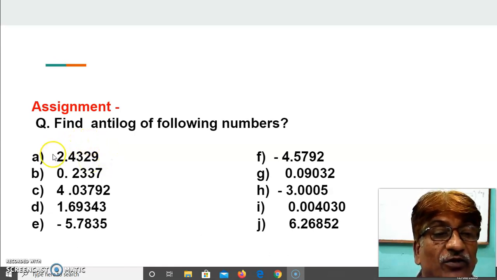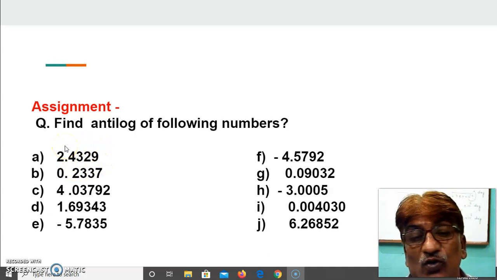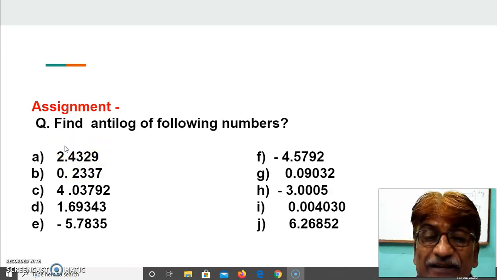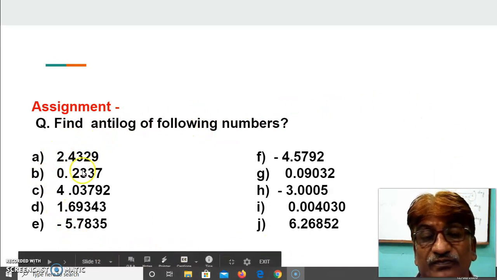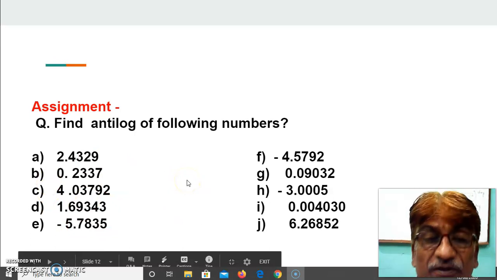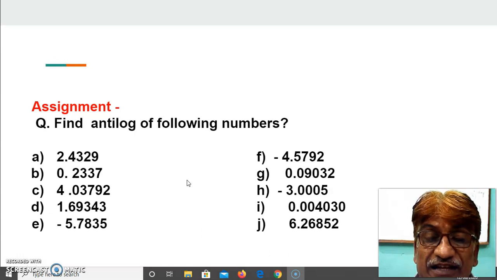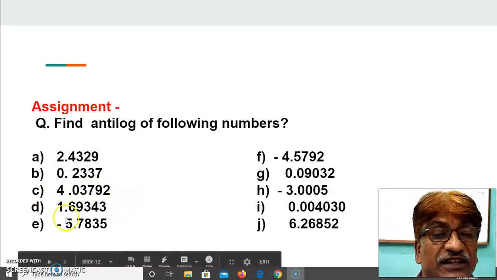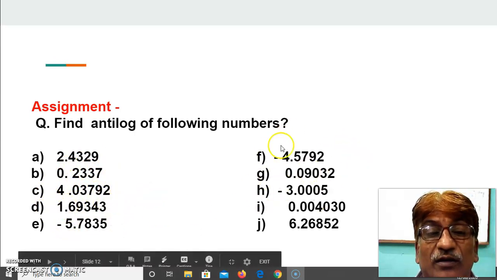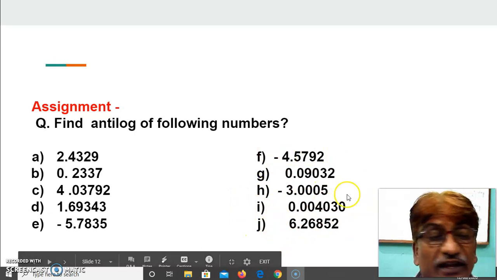If we can find the antilog, then you are perfect at log and antilog, at finding logarithm and anti-logarithm. So if these 10 examples are given to you, you can also make other examples, change the values and numbers, and find their antilog by practicing, so you get perfection.